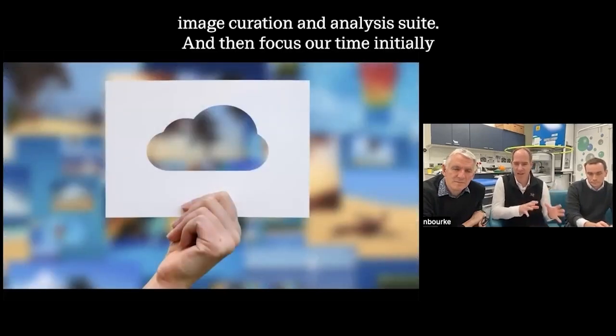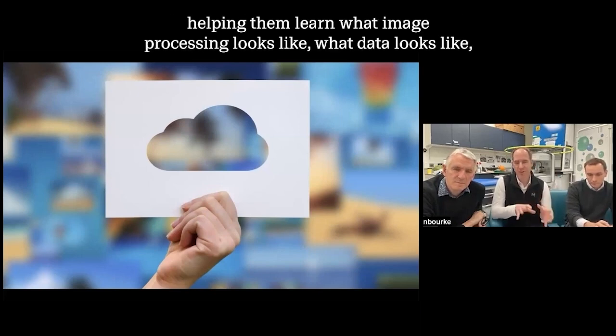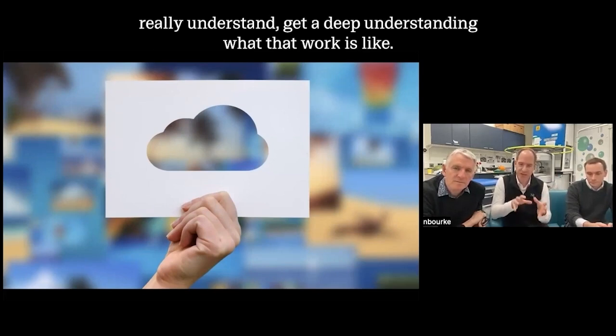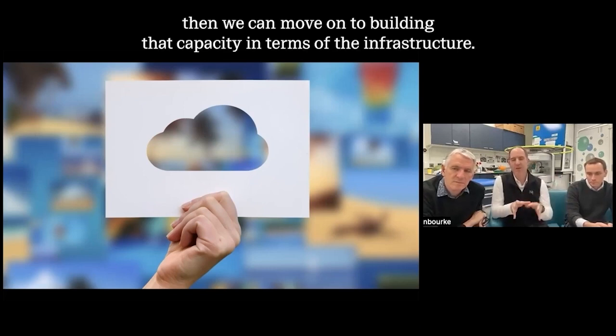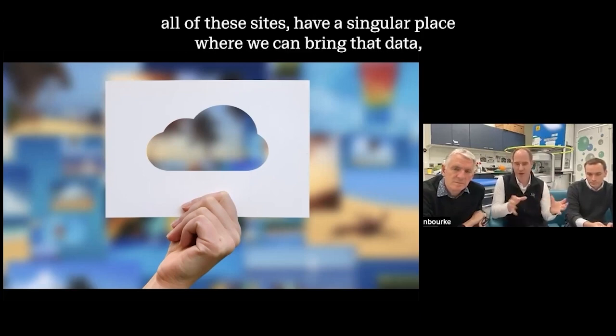curation and analysis suite, and then focus our time initially on building the capacity of the personnel, helping them learn what image processing looks like, what data looks like, how to process it, how to manipulate it, how to build their own processing tools, really get a deep understanding of what that work is like. And then once that's built, we can move on to building that capacity in terms of the infrastructure. But Flywheel really acted as a nice, direct, easy way to integrate across all of these sites,